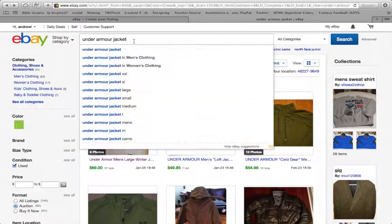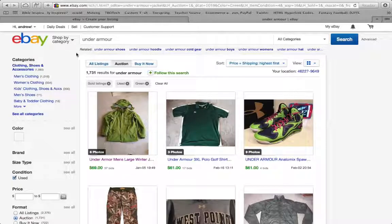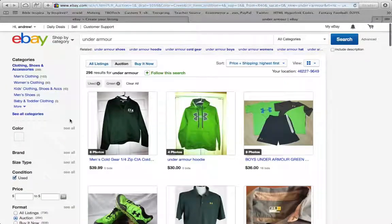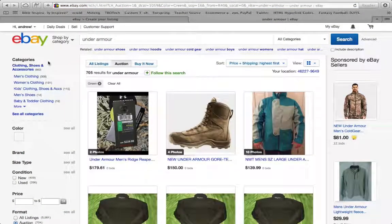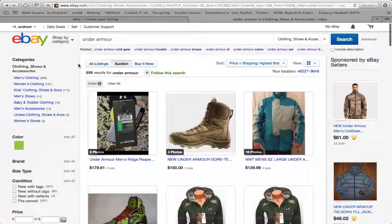When you're doing these, just make sure that you leave it as general as possible. And I'll show you this. If you just hit Under Armour, 296. Well, that's not very many Under Armour items listed right now. Another thing real quickly over here, when you do the listing, if you're doing a lot of them at once,